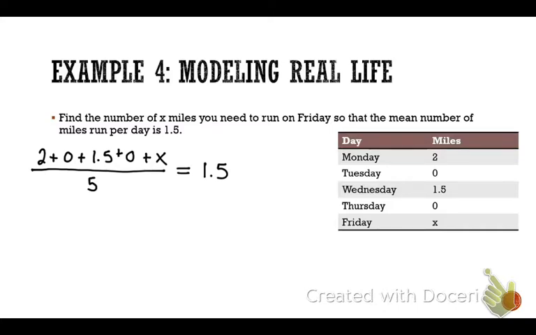Y'all tell me, what can you combine? All of them, right? The zeros, but what's 2 plus 1.5? 3.5, so let's rewrite this. 3.5. Does everybody see where I got 3.5? Okay. Plus x divided by 5